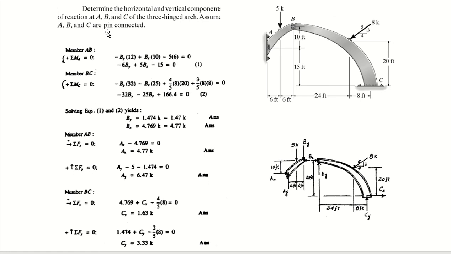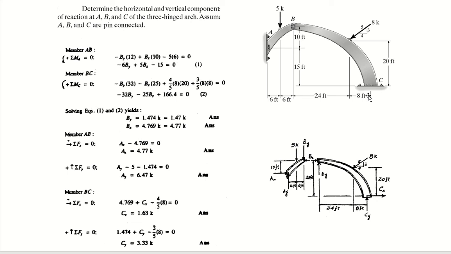Now in this question it says that determine the horizontal and vertical component of reaction at A, B and C of the 3 hinged arch. This is a 3 hinged arch hinged at point A, point B and point C. Okay, the applied loads are 5 kip at this point, which is 6 feet from A and 6 feet from B, and an inclined load, and the inclination is also given to you, of 8 kip is applied from 8 feet from support C,